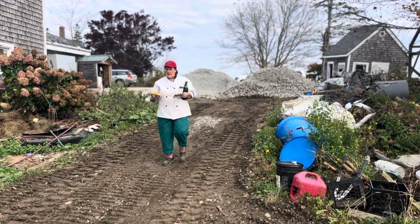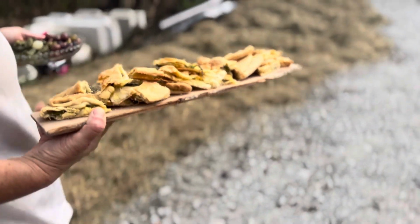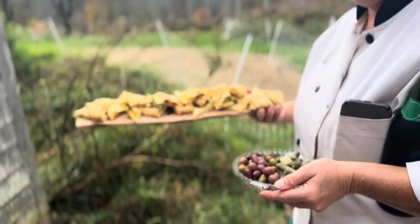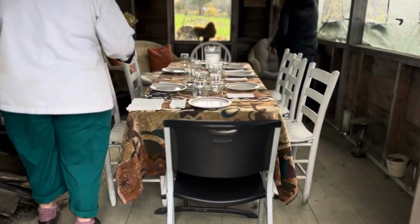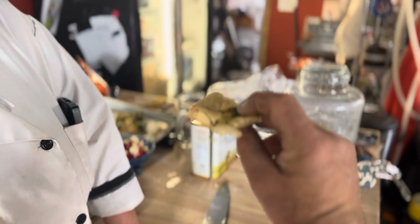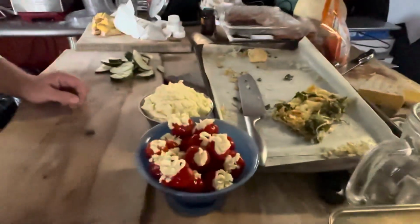What have you got there? A galette with greens and ricotta and Morgan and onions. Fly on the wall. A fly who can open doors. What's this? That's the galette with onions and greens and ricotta and Morgan. Yum. What else have we got? I'm doing setup. This is